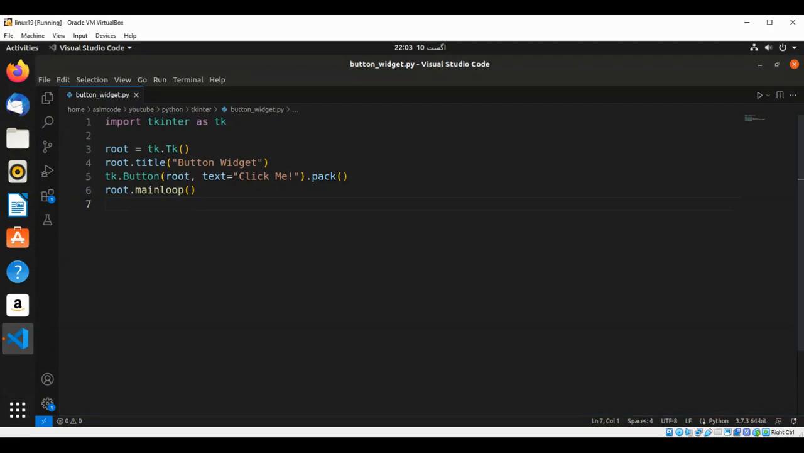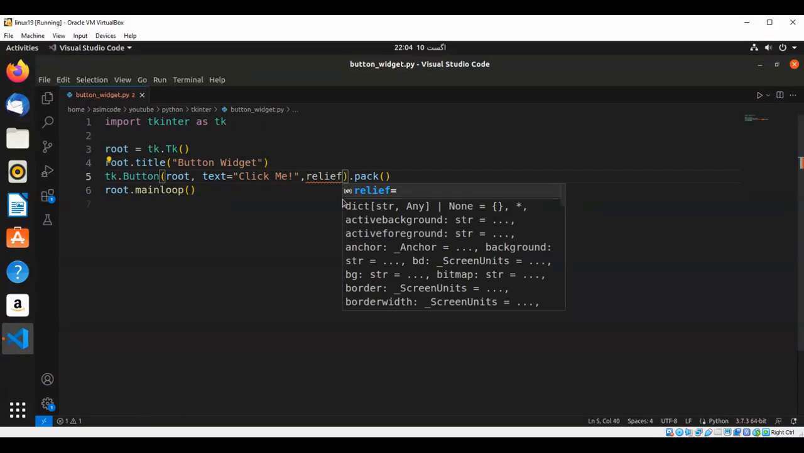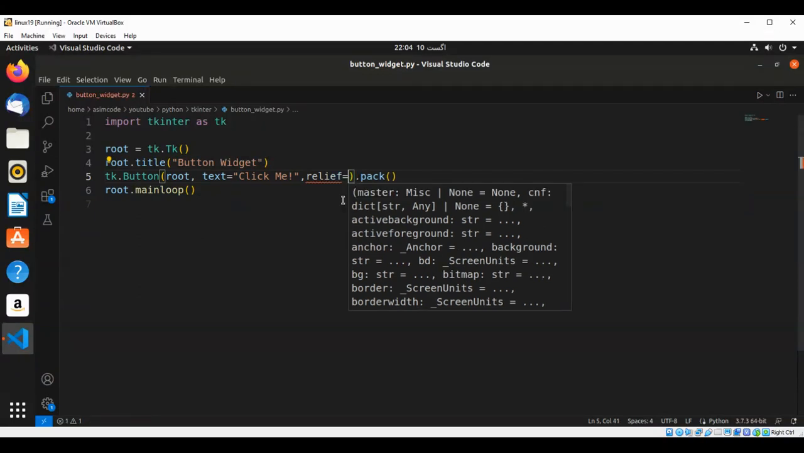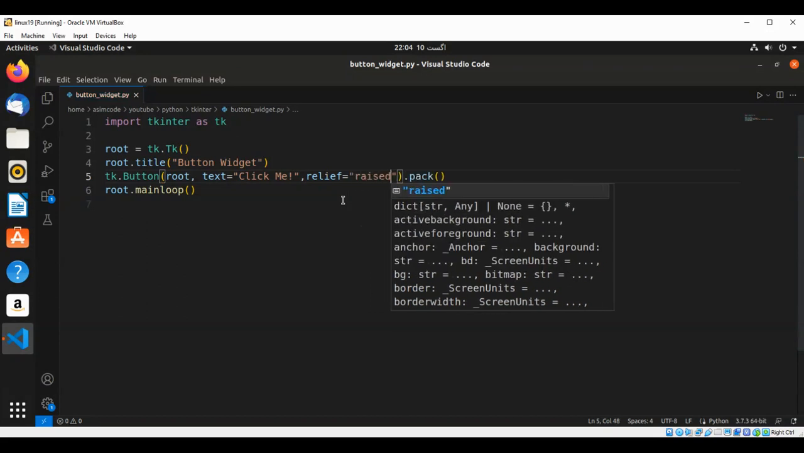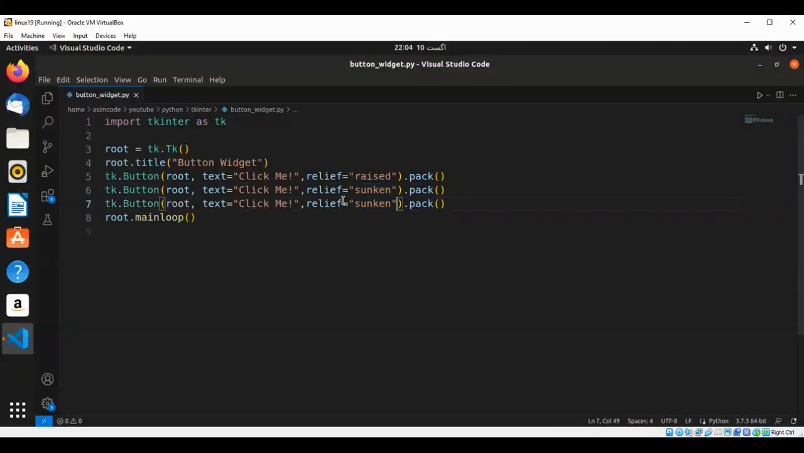Now we are going to add buttons with some design, such as relief. They should be raised, and I'm just going to copy this a couple of times with different shape or design. Sunken. And we are going to do flat button,